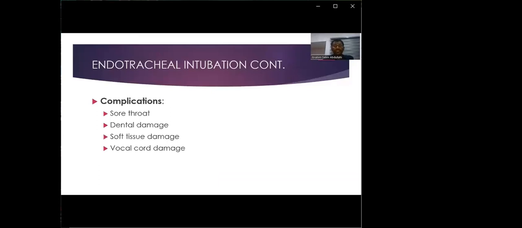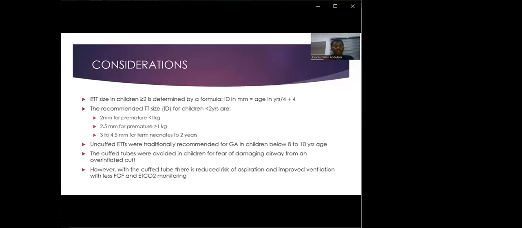So the complications of endotracheal intubation include sore throat, dental damage, usually from laryngoscopy, and then soft tissue damage when the intubation is traumatic, and vocal cord damage, also with traumatic intubation. So the considerations for the use of endotracheal tubes include the endotracheal tube size in